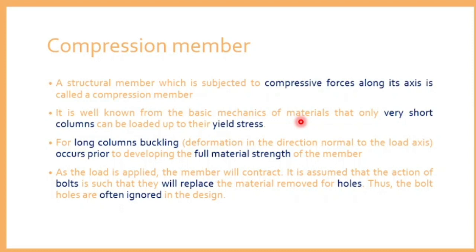Buckling means it will bend. If you keep on increasing the load on the column, it will buckle and fail. It will not yield. So yielding is the first point, buckling is the second point. So when you are doing a test in